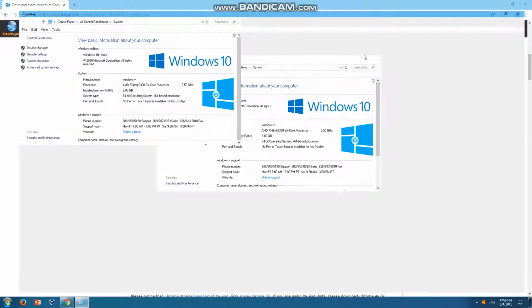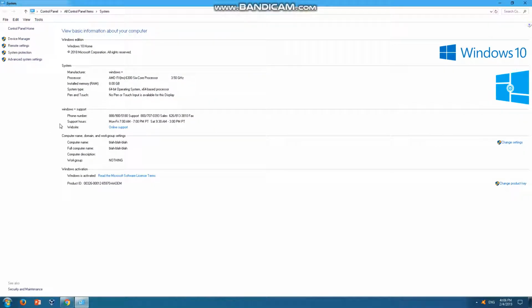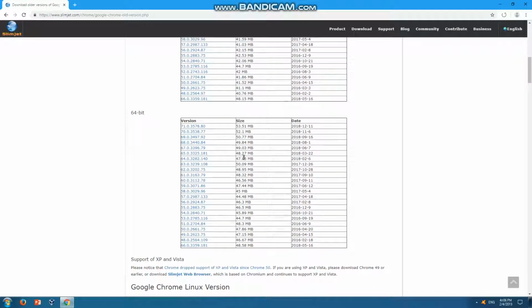This is Windows 10, not Windows 7. Oh yeah, it's Cyberpower PC, not Windows Infinity. Well, Chrome 60, it keeps my Google account, but